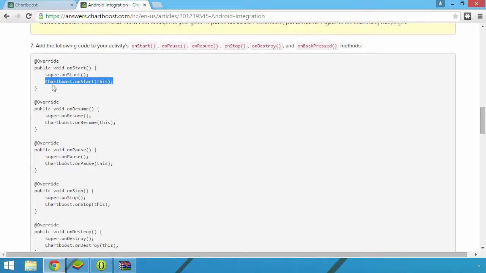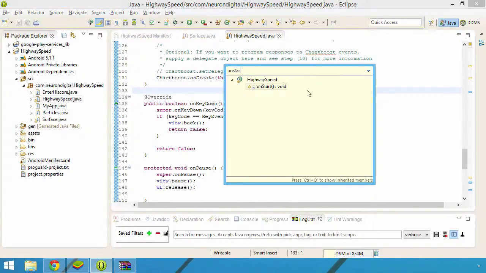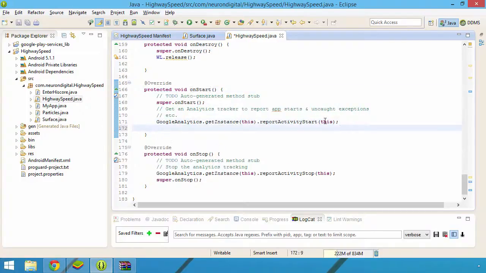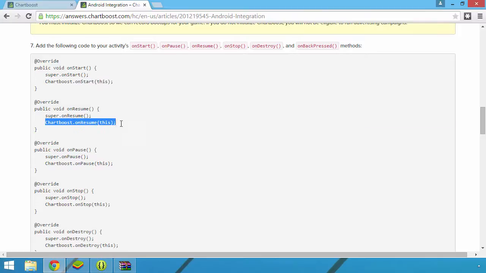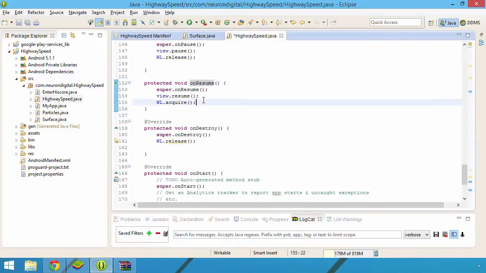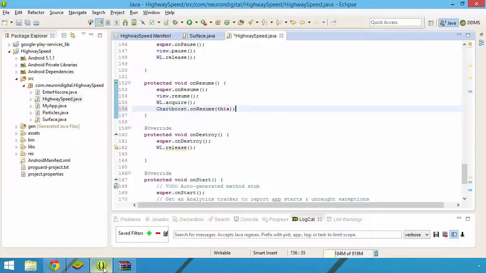Again, I will use Ctrl+O in order to quickly search for this method and found it. We will just need to paste the copied code at the end of it. We'll do the same for the other methods like onResume, onPause, onStop and onDestroy. And the last method, onBackPress, which is called when the user is pressing the back button while in our activity,